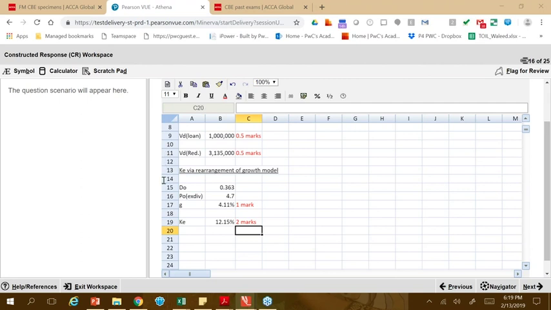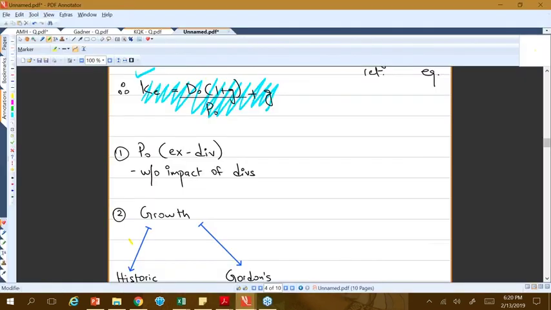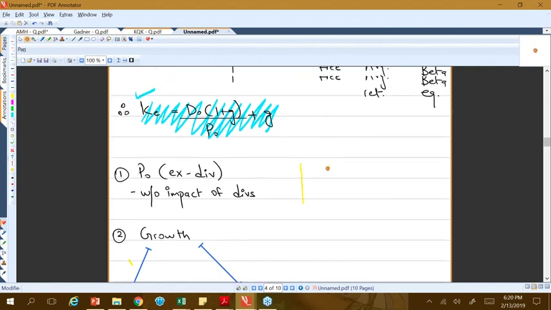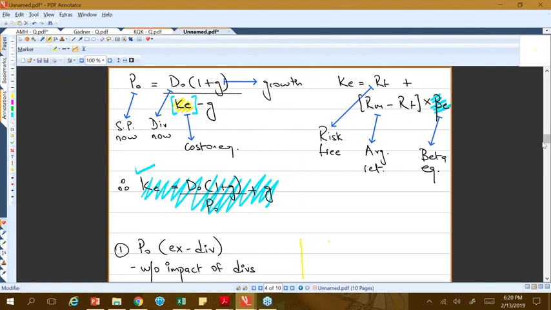The next question is, if we have cum div price instead of ex div, how do we find ex div? You simply deduct the current dividend. So if you have a cum div share price, simply deduct the current dividend. Why do we add G in P0? Well, the reason you add G is because this is the rearrangement formula. When you rearrange this mathematically, you have to add the G here to find the KE from the formula. So we rearrange that formula.